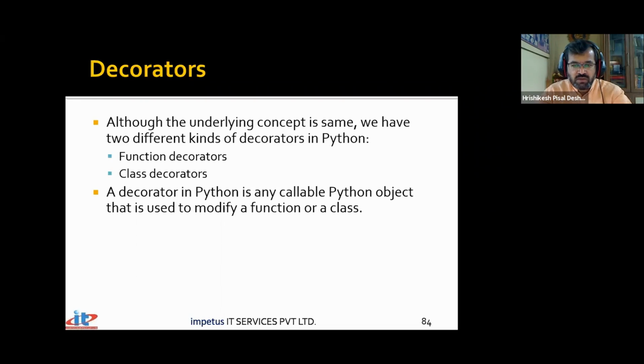Now, what do we mean by the behavior of a function? Normally, when I call a function, whatever instructions are inside the function are the only instructions that get executed. If you have to change the behavior of a function, that means some additional instruction has to come into the function. Now, that cannot happen at runtime, and that is precisely what I would like to do.